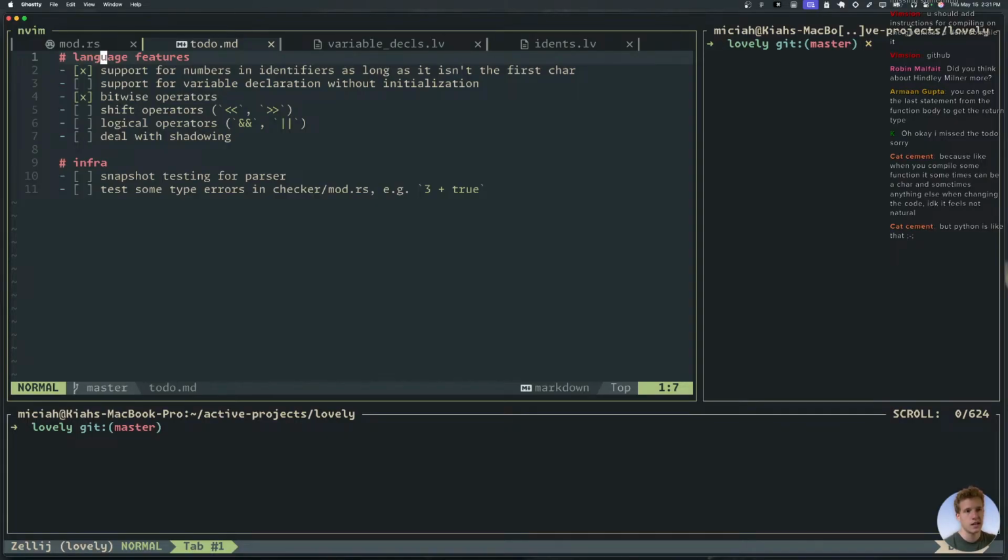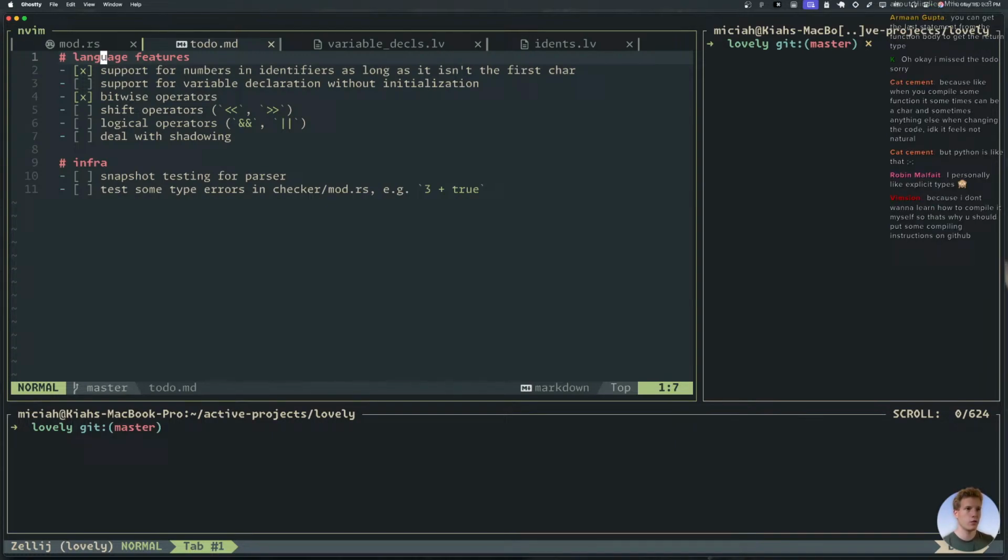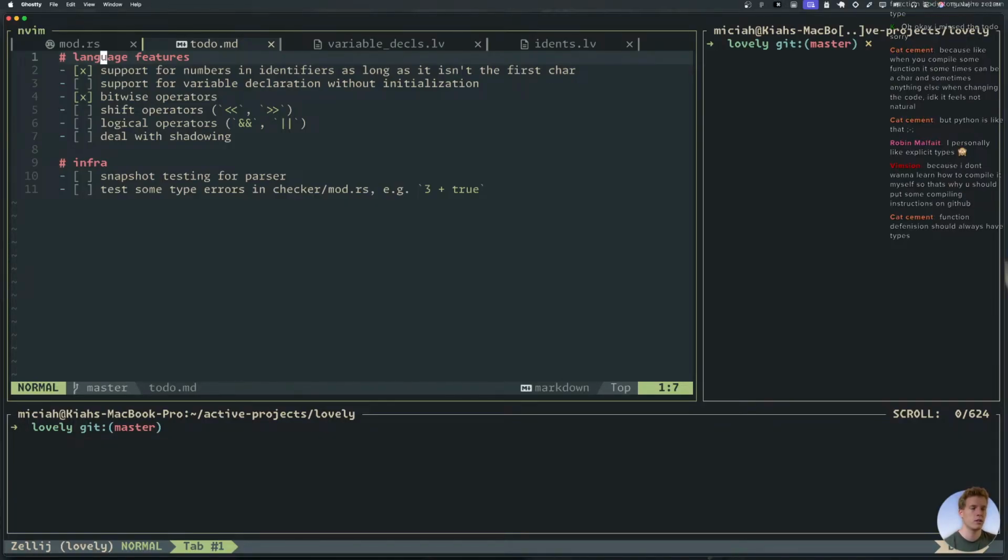You personally like explicit types. I know, part of me really likes explicit types. The other part of me thinks, okay, OCaml is so cool and not having to say that, but it still is just as safe. But I kind of like being able to look at a function definition and see exactly what it accepts without having to hover over the argument, or whatever would be in VS Code or whatever you use. So I think I'm going to go with explicit types for now. If later we decide Hindley Milner will be cool, then we'll rewrite the entire type checker and it's no big deal. Except it would be a big deal, but it's fine.